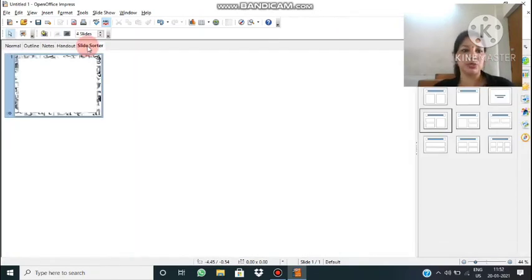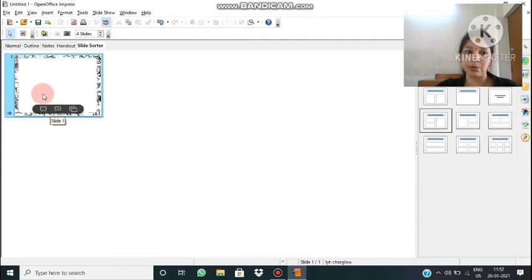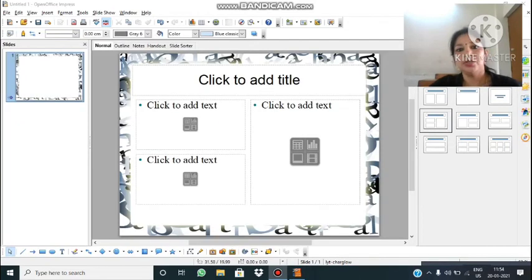Last one is slide sorter. This is the view where all the slides of the presentation are shown in small icons, from where the sequence can be changed. Like this is slide number 1. If I want to make it slide number 2, I will drag and drop it to slide number 2's position. This will be shown practically. So by default we work in the normal view of the presentation. These are the basic things about a presentation you must know.